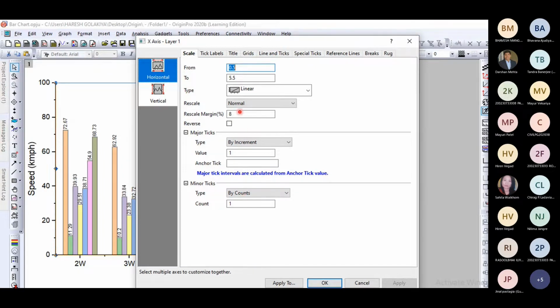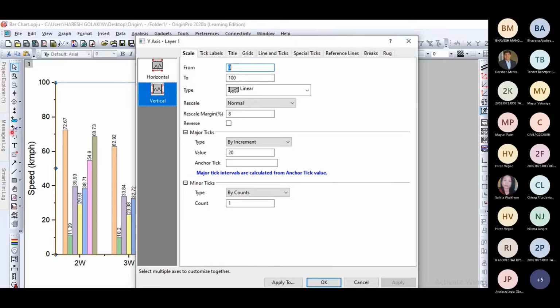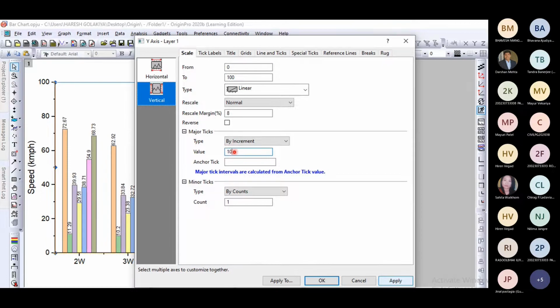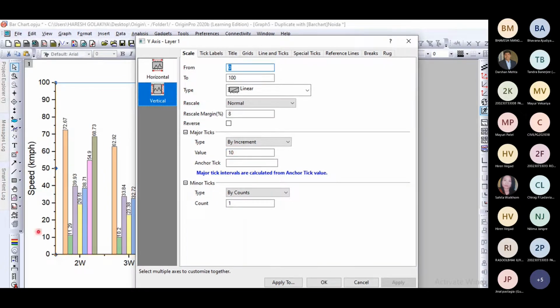So that you can change according to your requirement for both axes, vertical axis as well as horizontal axis. So in vertical axis, you can see by increment, major tick is after every 20. So instead of that, suppose we make it 10. So here after every 10, there is a major tick and minor tick after every next increment.